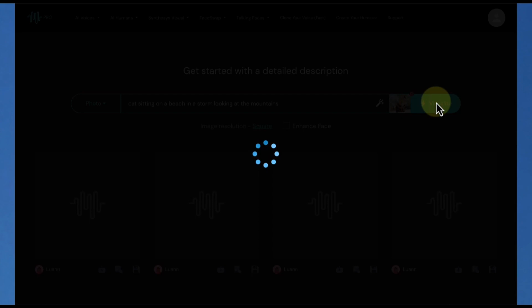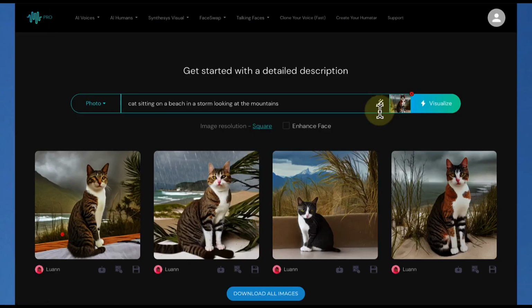I could do that, and it would work, but sometimes a picture is worth 1,000 words, and that's going to help to mold the final result in the direction that I want. Okay, and as you can see, now our cat has more proper coloring based on what we fed in. Not all of them came out with the new coloring that I was looking for, but we have at least one that we could work with,